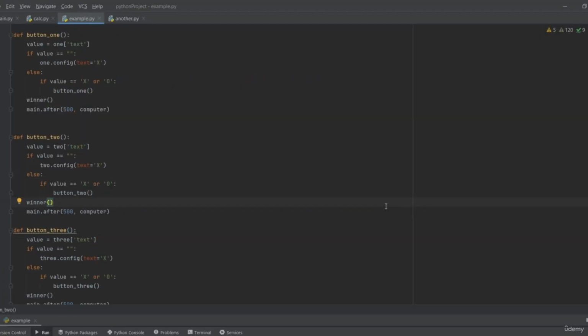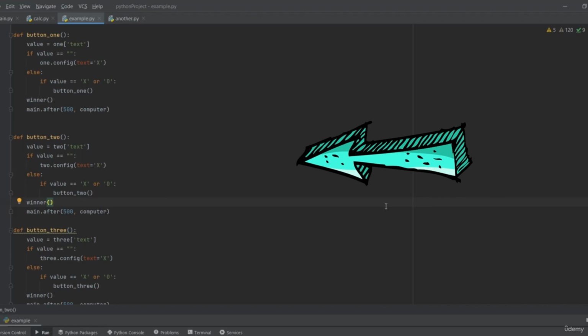First, we will create 9 callbacks dedicated to each button widget, and each callback will contain the same line of code. When we click on a button, we will check the current value of the text property and store the value in the value variable. Next, we will use the if statement to check if the value is an empty string. And if it is, apply the config method on our button widget and assign the string x value to the